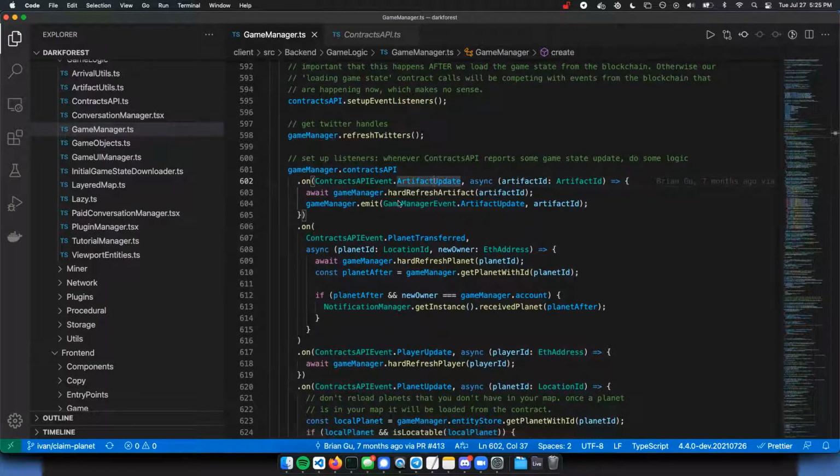Okay, so it was really confusing when I first started working on this project to jump around between, like, what is the life cycle of a button click to do something? It goes from the UI, the React land, through game UI manager, which is another class. Then it goes through game manager, another class, then contracts API, another class, and then transactions executor, another class that abstracts. Oh, there was even more. So it's like 7 classes you have to go through to get from button click to